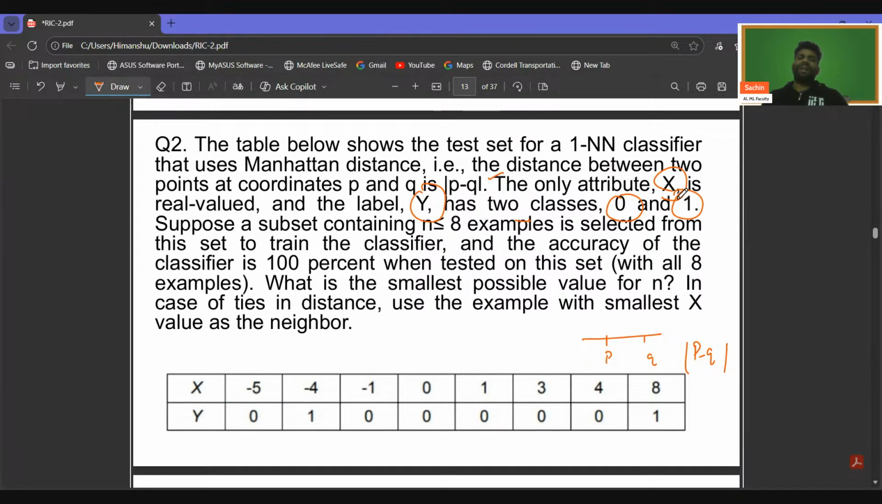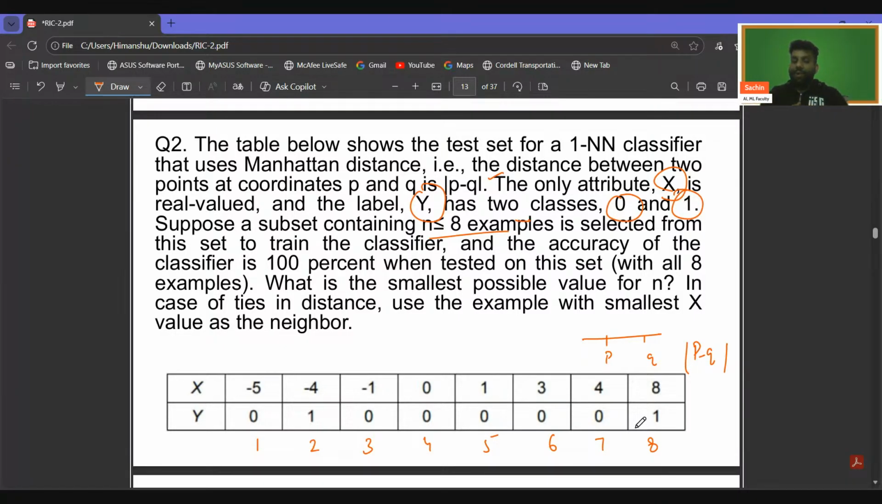Suppose a subset containing n less than or equal to 8 examples is selected. Now, if you just check, how many data points are we having over here? 1, 2, 3, 4, 5, 6, 7, and 8. In total, we have 8 examples over here. Now, what we are saying is, suppose a subset containing n less than or equal to 8, I might take all these or something less than that, from this set to train the classifier. So I'll be taking a subset of this